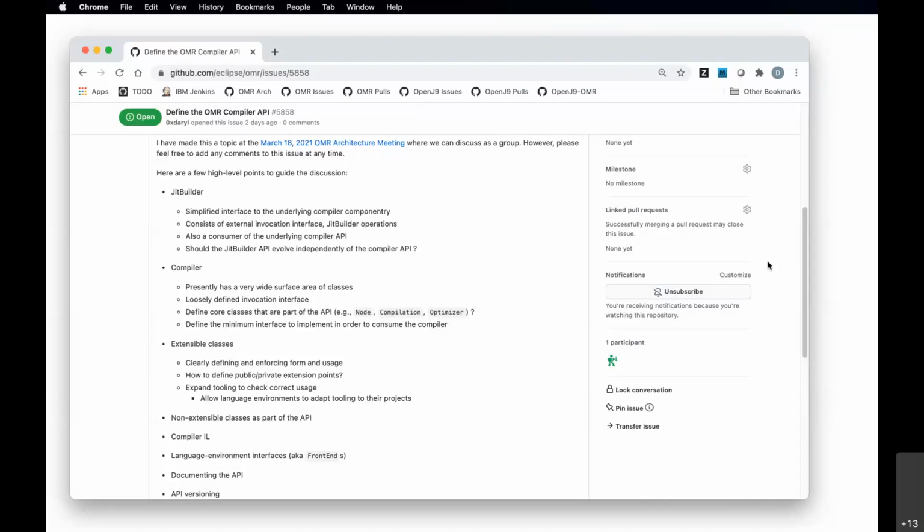My response to that would be we should try to keep the API stable. Whatever the API is, we want it to be stable. But we want it designed in such a way that we can change the implementation without changing the API.